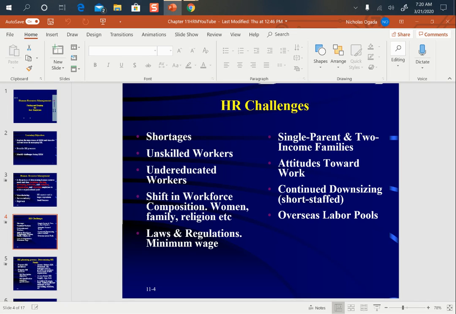It also, we have unskilled workers. That's also true. We have uneducated workers. That's true. Again, that affects some industries and others. There's a shift in workforce composition. Think about women, family, religion. That's also true. So the question is, how is this a benefit to HR and how is this a challenge